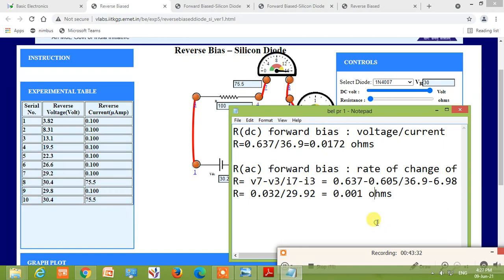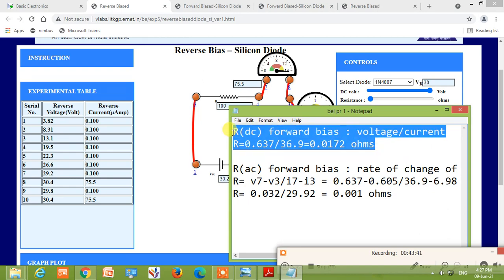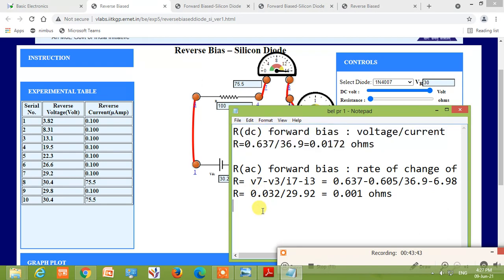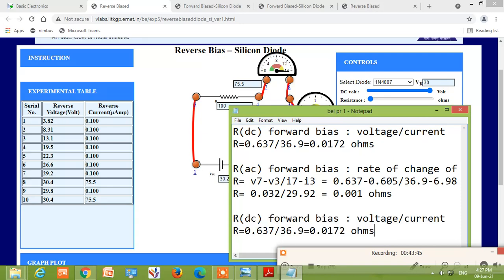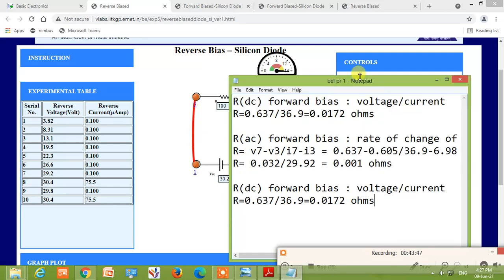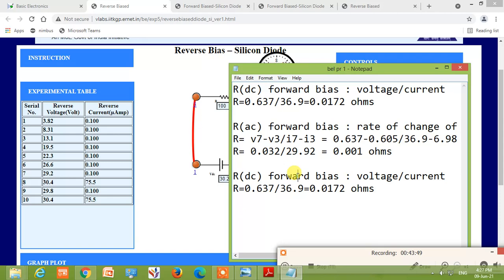Let us take a value of DC resistance for reverse bias. So I'll just copy paste it. So here it is, reverse bias. Let us take the value here.